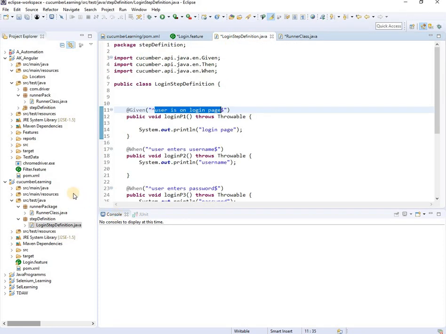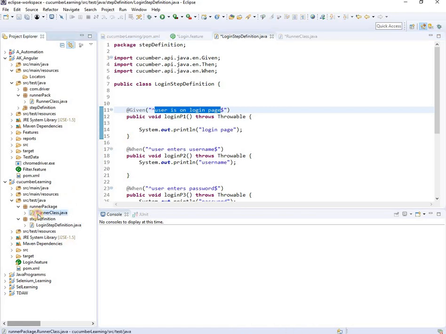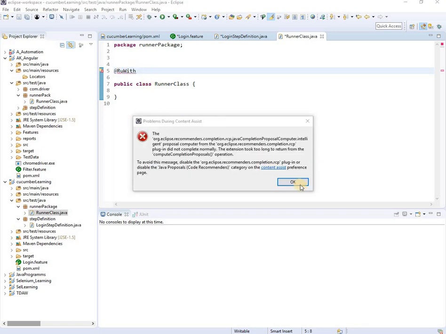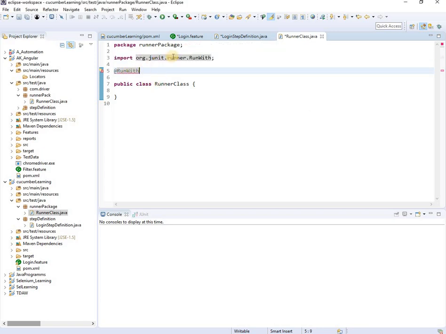Now this we have done. Now we'll go to our runner class. As I told you, in the runner class we can give the path of the step definition file and feature file to make it run from the runner class itself. So you have to write some lines of code exactly above the class name: @RunWith.